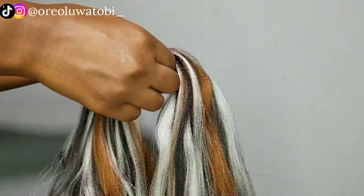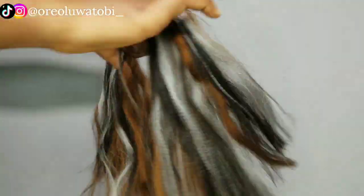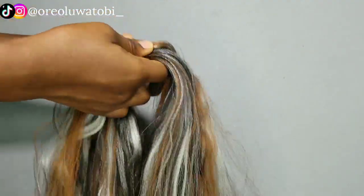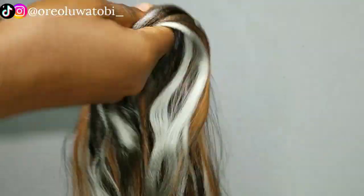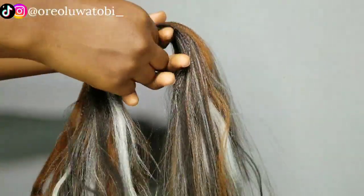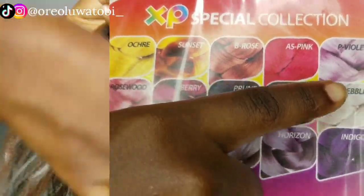This silver is Pebble from Expression. The name of the color is Pebble. It's from their newest collection. The new collection is amazing. I love all the colors. I'm definitely going to buy all the colors from the beauty supply store and blend with them just so that you guys can see what it looks like. I really want to try out the colors. The colors are interesting. I'm going to put a picture of the colors on the screen so you guys can check it out and let me know which of these colors you would love me